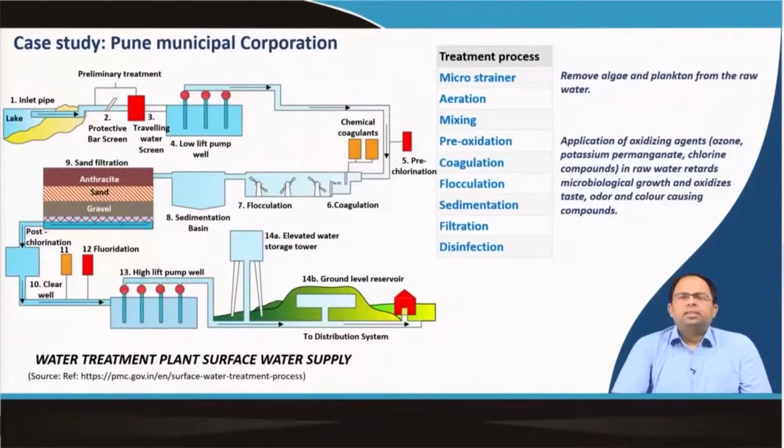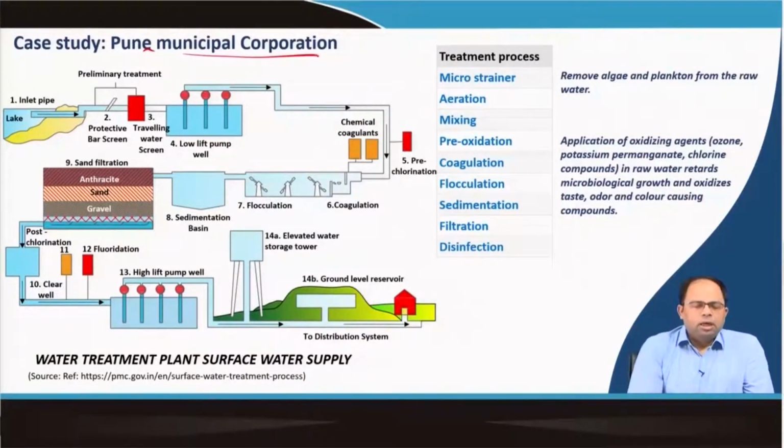So, next we look into two case studies. One is the case study of Pune Municipal Corporation. In this treatment plant, the inlet water comes in. First they have protective bar screens, then there is a travelling water screen. So they have two sets of screens, then there is a low lift pump, and then it is stored in